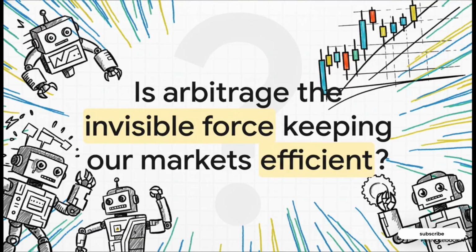So, the next time you look up a stock price, just take a second to think about the invisible war being fought by algorithms in the background. That relentless, high-speed hunt for profit is actually what keeps the market stable and efficient for everybody else. Which leaves us with a pretty cool question to think about, doesn't it? Is this constant, greedy chase for tiny